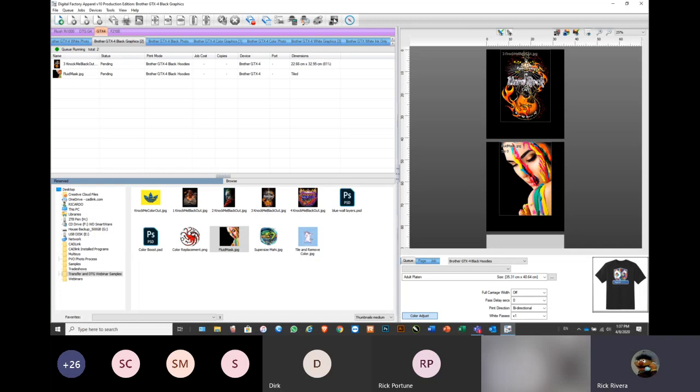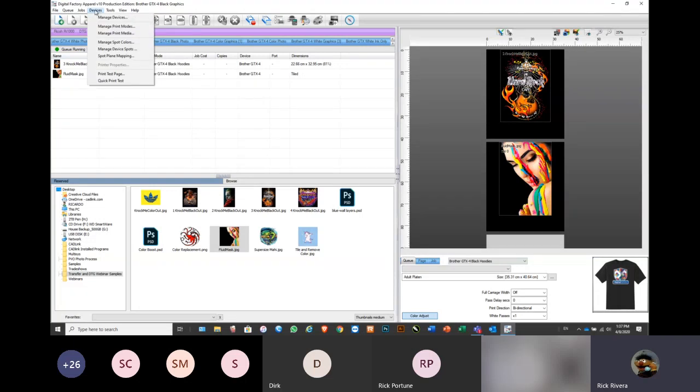Also, if you're doing pocket tees, jeans, things like that, sleeves, our VPP does allow you to get accurate placement of your images on those types of products. That'll be a different webinar where we'll cover all of that. This webinar, I just want to mainly focus on the calibrations, some of the key features, and the costing. So moving right along,